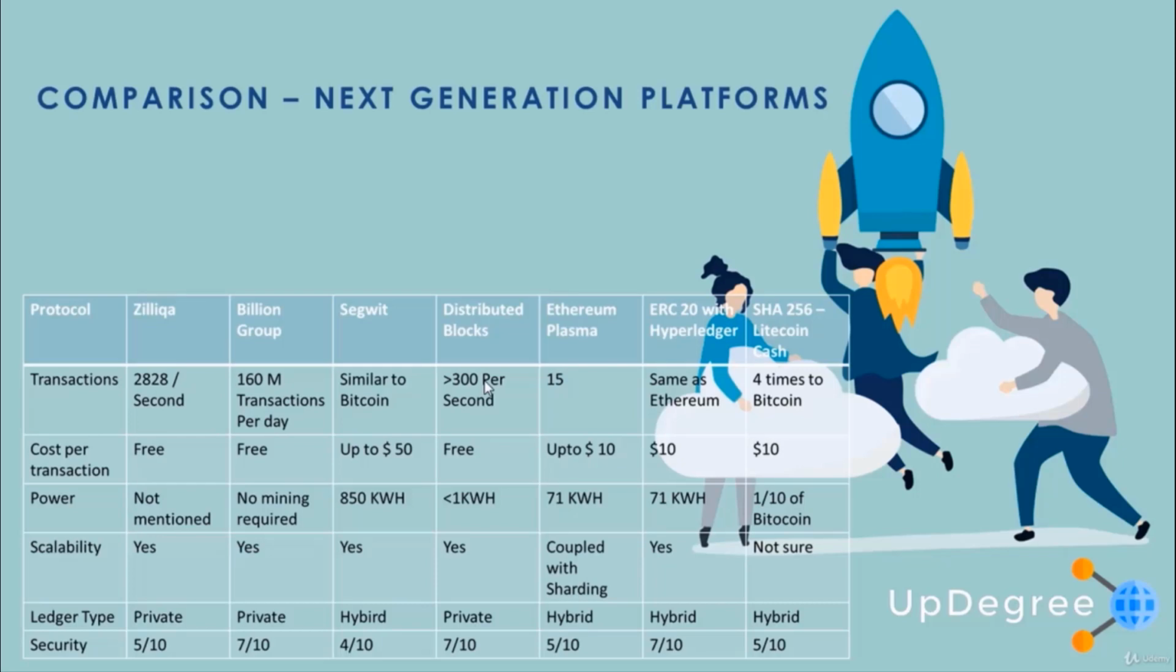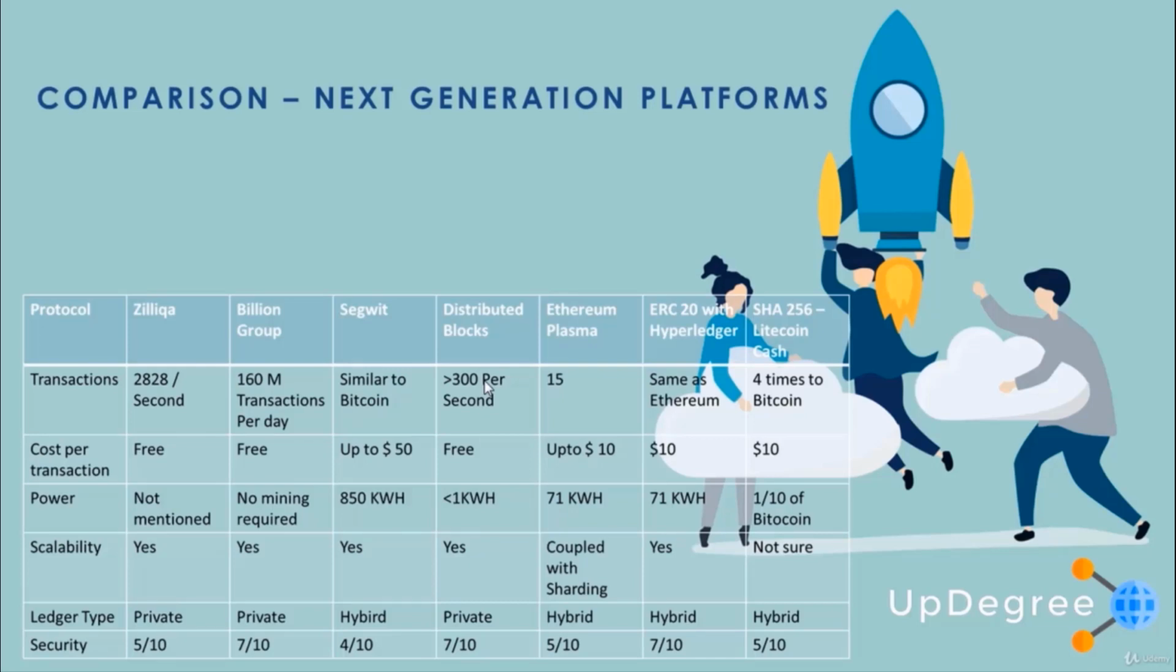So you can see the transaction speed is maximum in terms of Billion Group, and no mining is required. It's very highly scalable, and it's a private ledger. And you can see security is also maximum, 7. The second one is SegWit, because it requires a little high power, but it's a hybrid model, but security